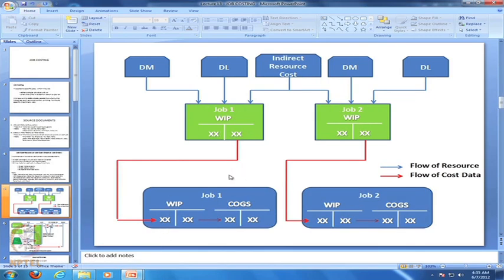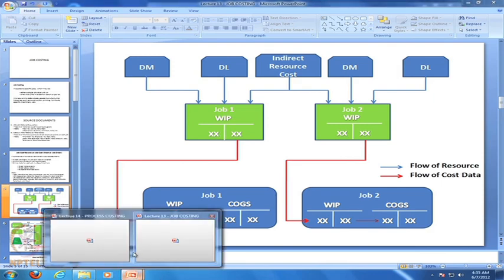You compare this with the job costing system. This was for the job costing system. Here direct material, direct labor, indirect resource cost were applied to one job and they were applied to a different job. So, the costs were shown in this fashion for every job. For every job we have a work in process and cost of goods sold. Similarly, for job 2 we had another. So, here all the direct and indirect costs were applied directly to the job. In contrast, in process costing